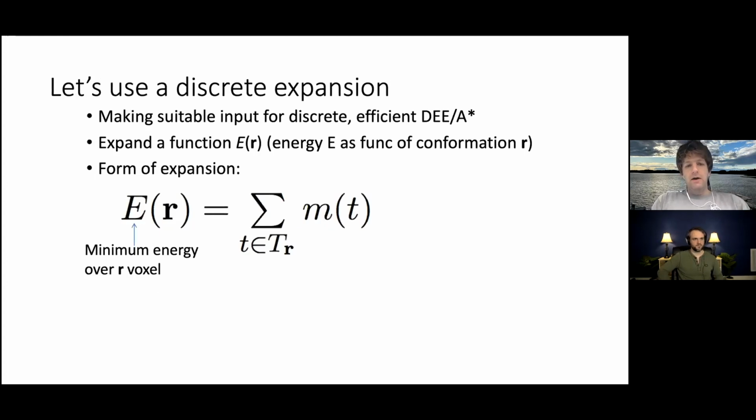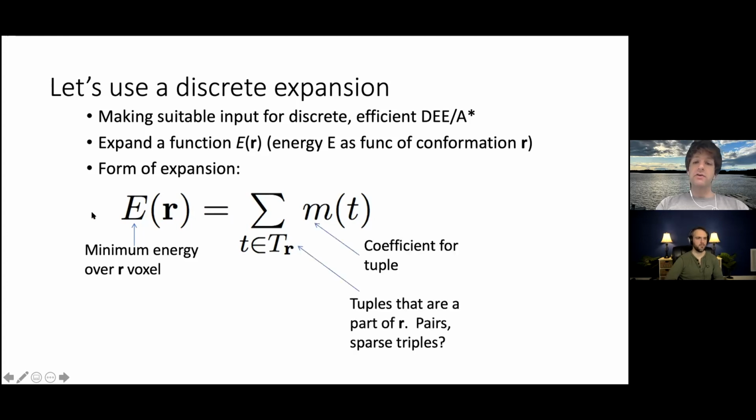And we're going to model it. We're going to try to learn a model of it as a sum of coefficients. And generally, these are pairwise things. I think the sum of M and T generally will be similar in form to that sum of single and pairwise terms. Sometimes we would include triples. But instead of just being able to calculate these directly, we learn them from samples of E of R. And then there's all these tuples in R, the pairs of rotamers at different residues and so on. And then, given R's that have all these features, it's really just linear fitting.